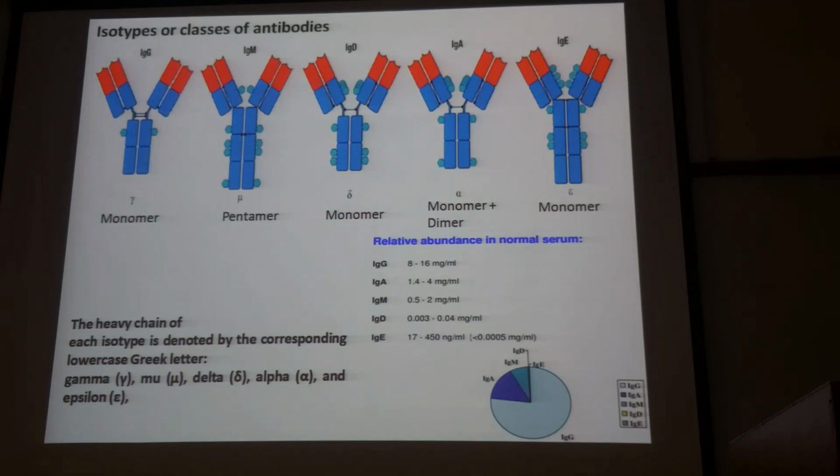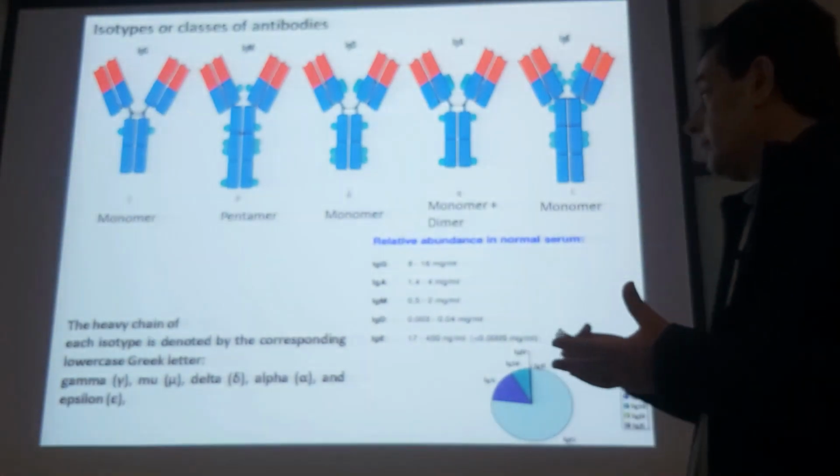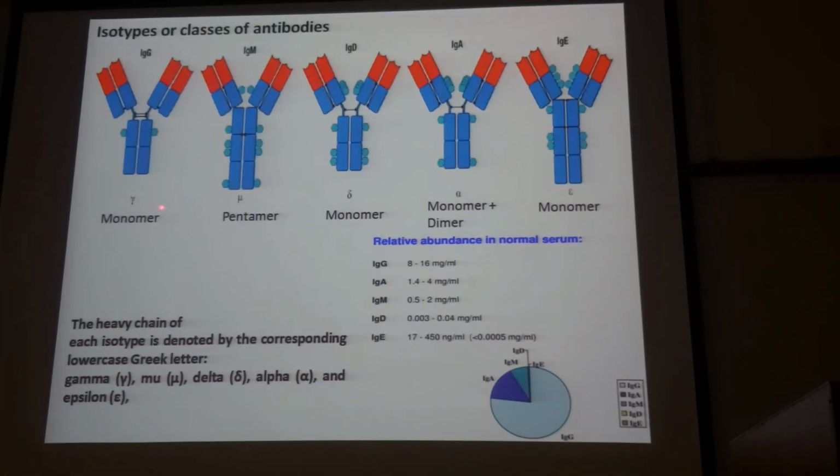But you see that the majority of these antibodies, IgG, IgD, and IgE, are secreted as monomers. Only IgA is secreted as a monomer or dimer, while IgM is secreted as a pentamer. There will be 5 different IgM molecules attached to each other to make a pentamer. So now if you look at the structure of these immunoglobulins, the 5 different classes of antibodies, do you